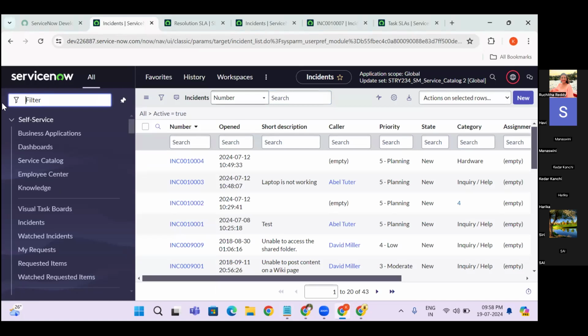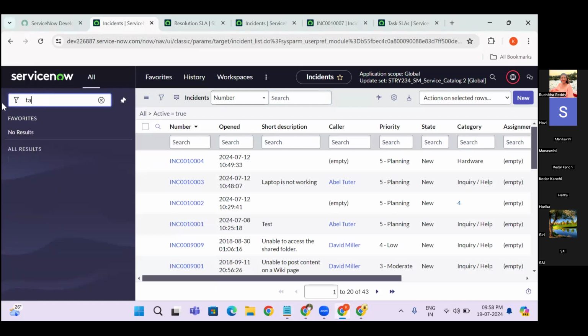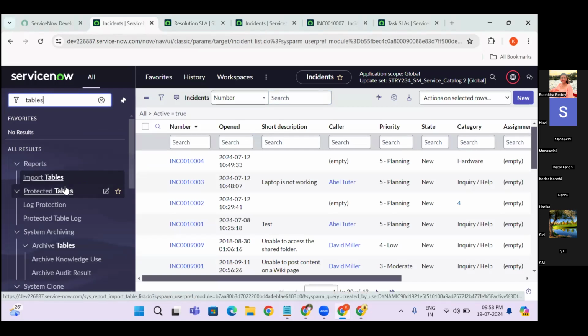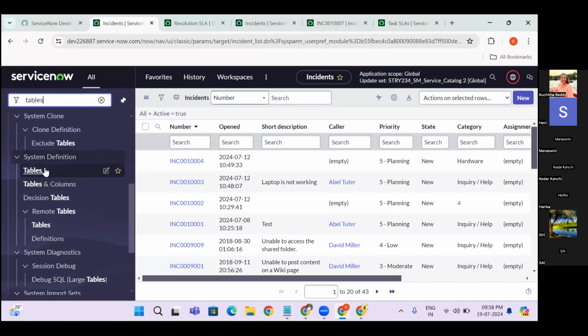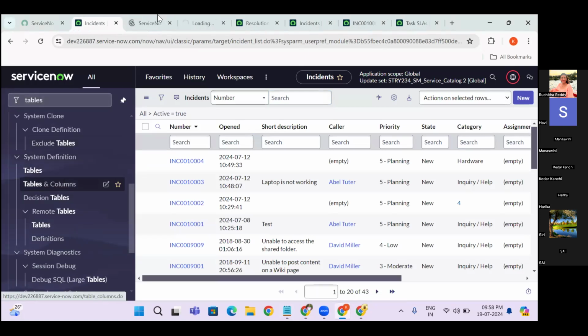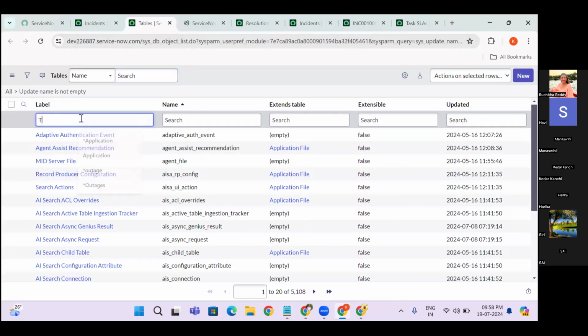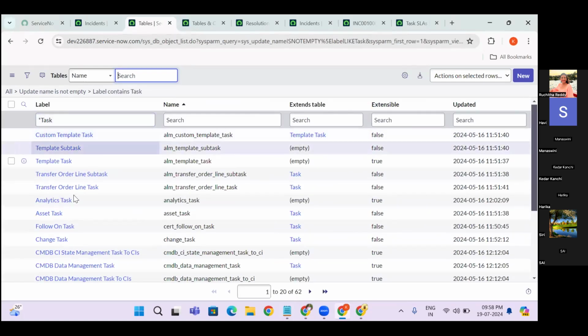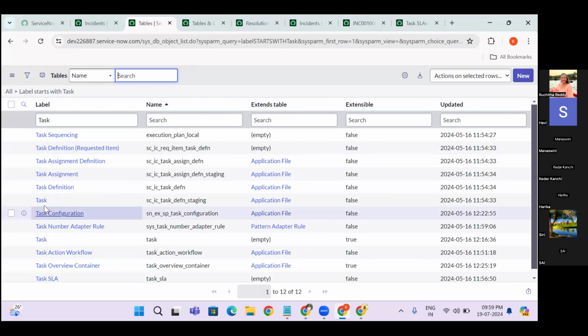Under system definition, we have tables. If we search for task, the task table is